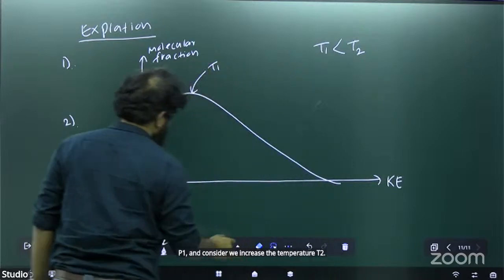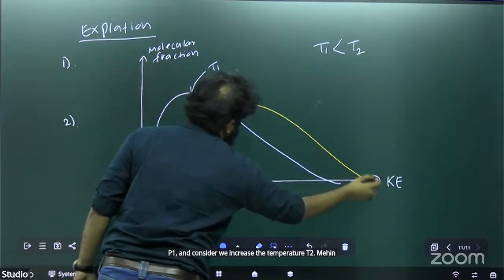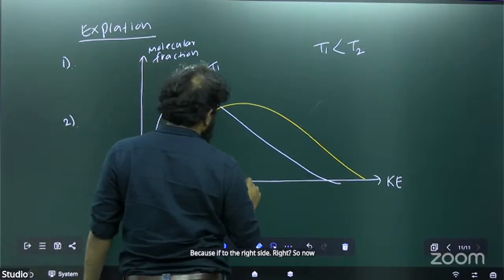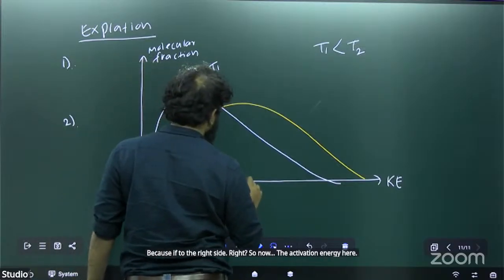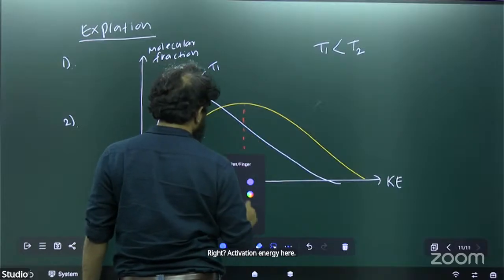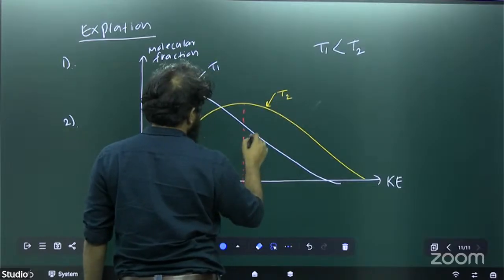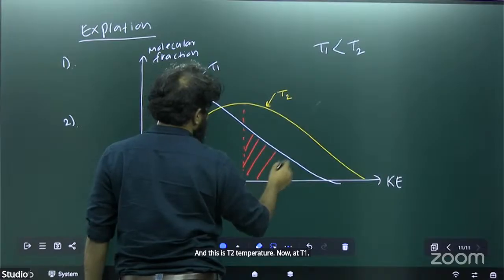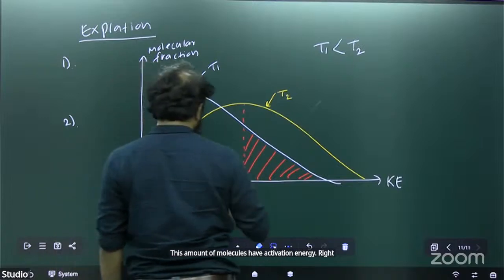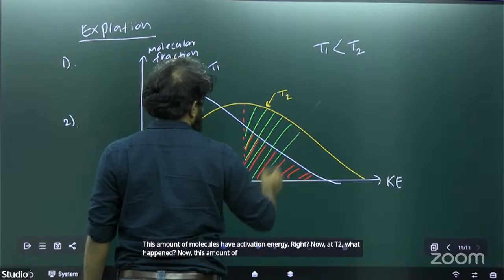The curve shifted to the right side, right? So now the activation energy here, right? Activation energy here, and this is T2 temperature. Now at T1, this amount of molecules have activation energy, right? Now at T2, what happened? Now this amount of reactant molecules have activation energy,